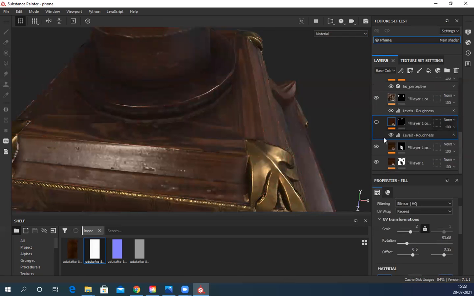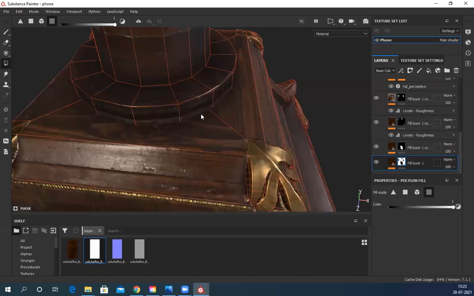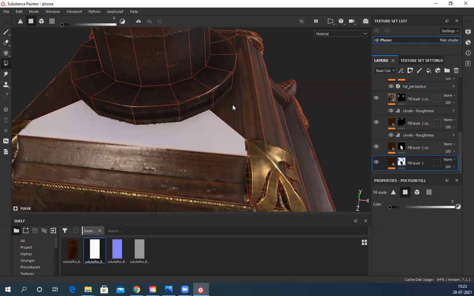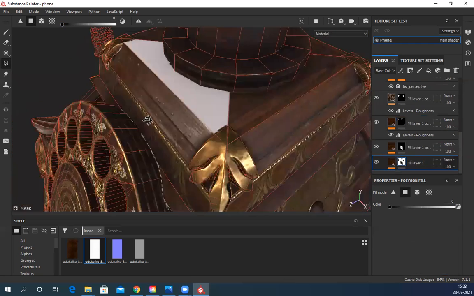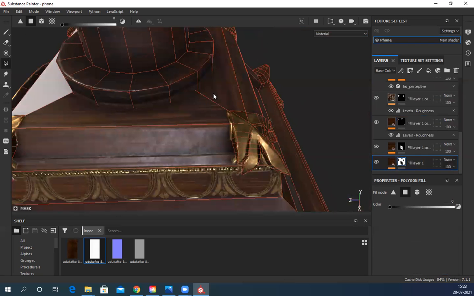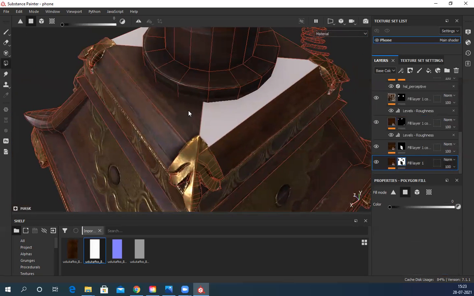So first I'll get rid of this thing. First I'll remove this, X, remove, sorry, polygon, polygon. Why is it, oh, it's part of this one, I believe.